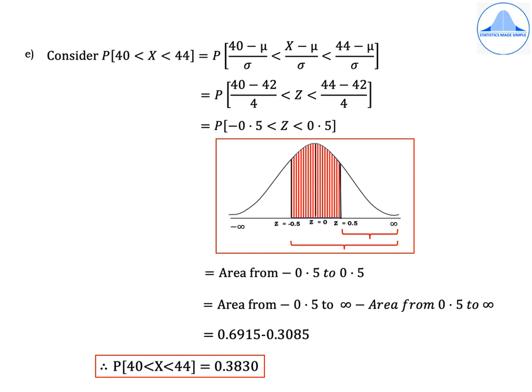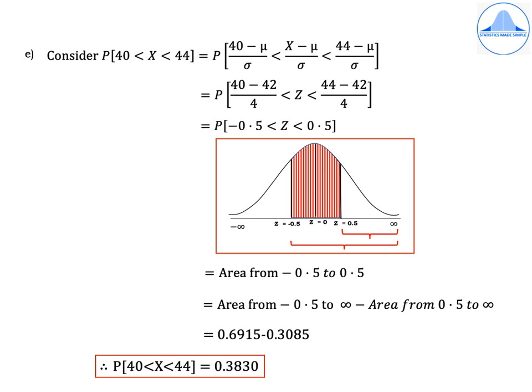The fifth and the sixth subdivisions are important from the examination point of view. So the fifth subdivision is that we should find the probability that x lies between 40 and 44. So it is very important that you write this step correctly, because if the first step itself is wrong, then the remaining steps will continue to be wrong. So now understand the concept, that is x should lie between 40 and 44, or x is lying in between 40 and 44. So how do we write this step?